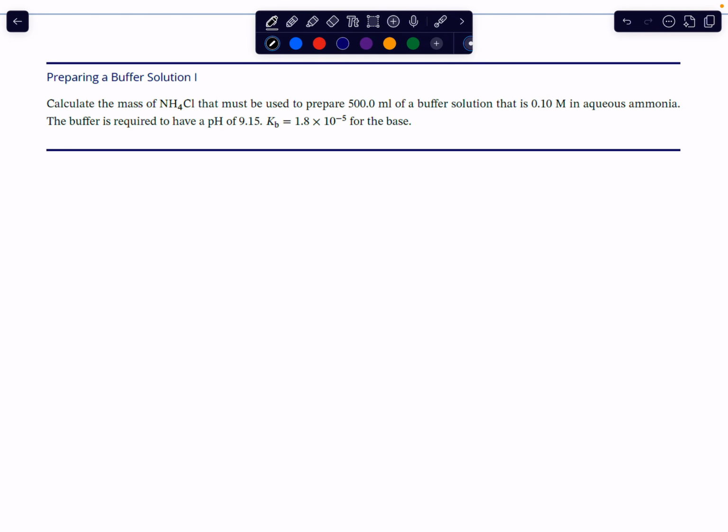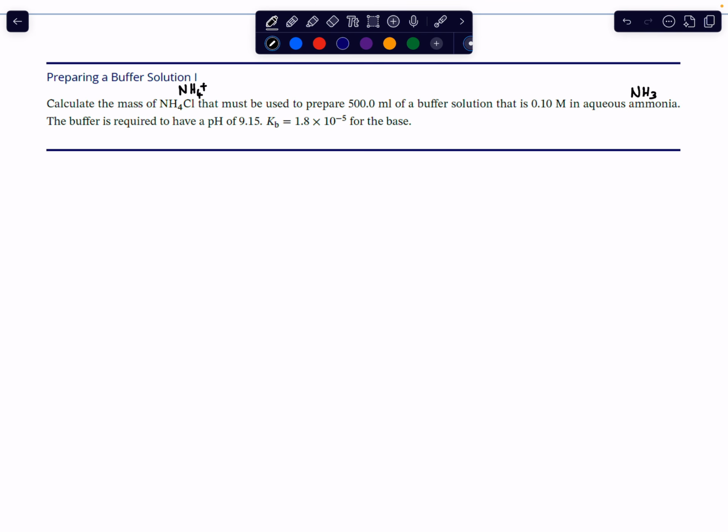Hello everyone, so let's look at another question regarding buffers. In this question we're asked to calculate the mass of ammonium chloride that must be used to prepare 500 milliliters of a buffer solution that is already 0.1 molar in aqueous ammonia. So ammonia is of course NH3. So the solution already contains NH3, and we want to know how much NH4+ we must essentially add,